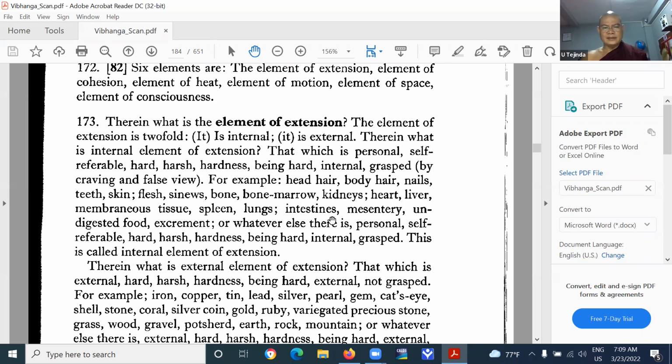The intestine where the old food will be there, you know. Mesentery, maybe the foods are not